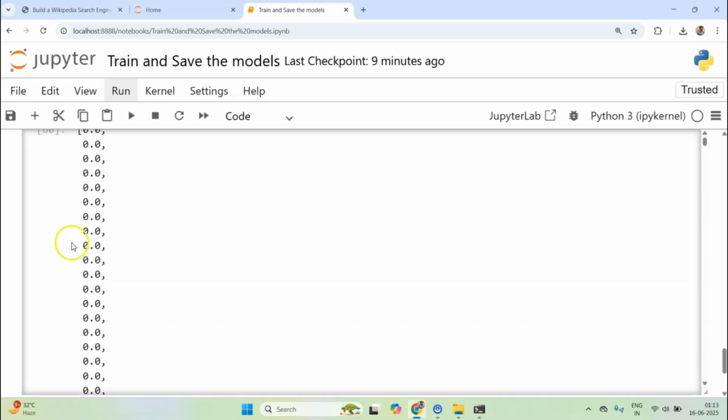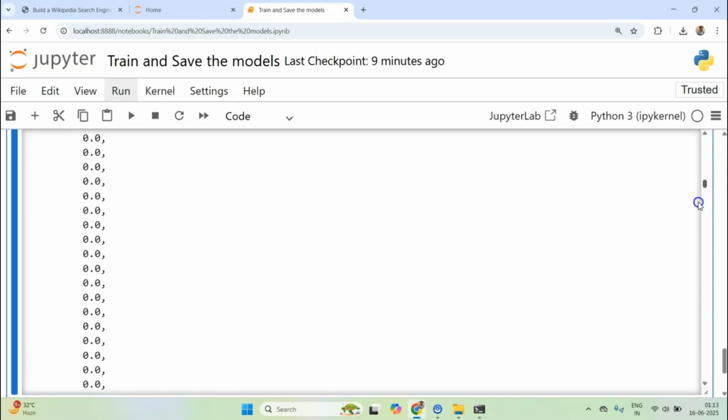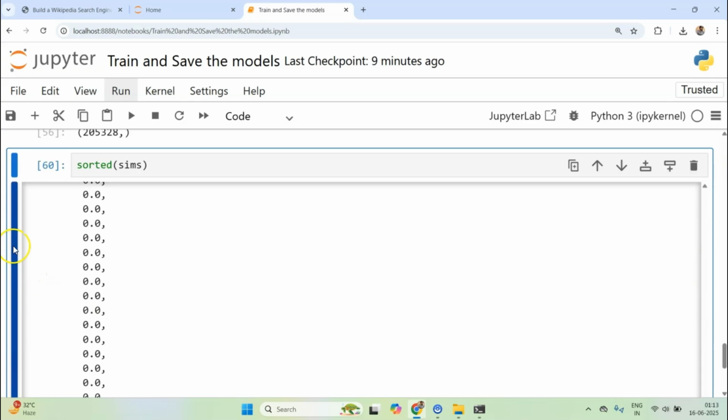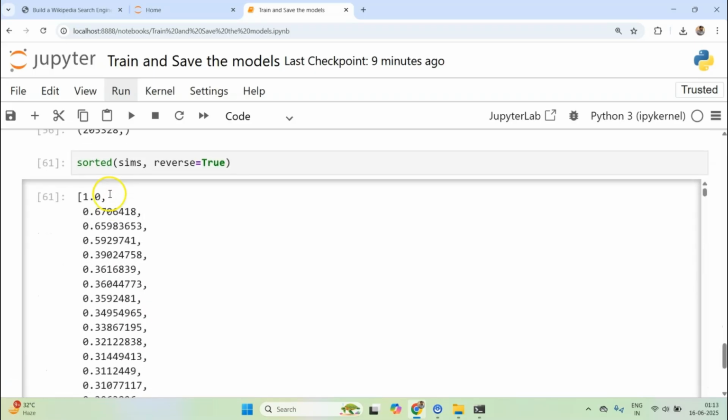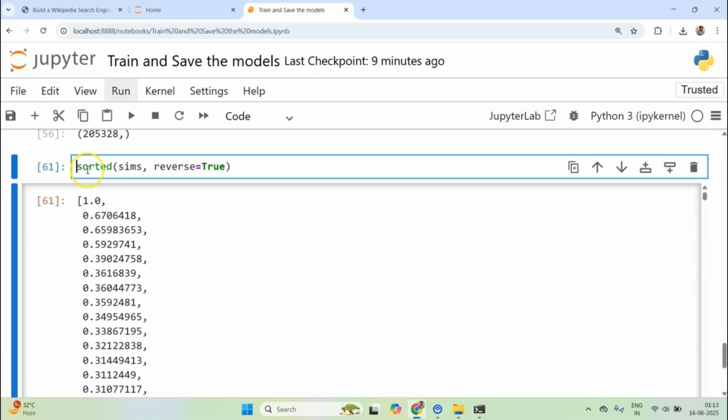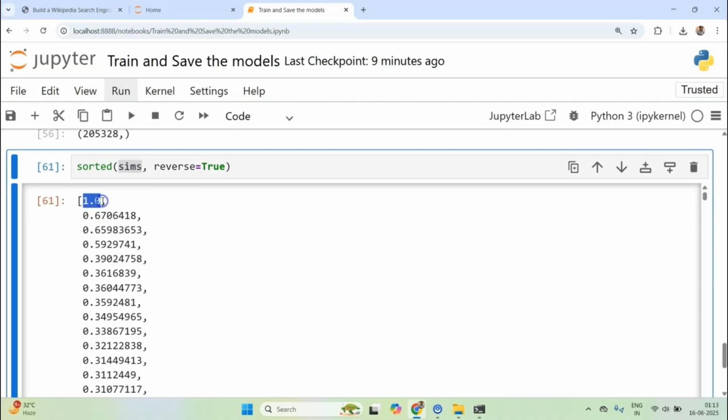So this sorted it in reverse order, but I want to, one second, reverse true.